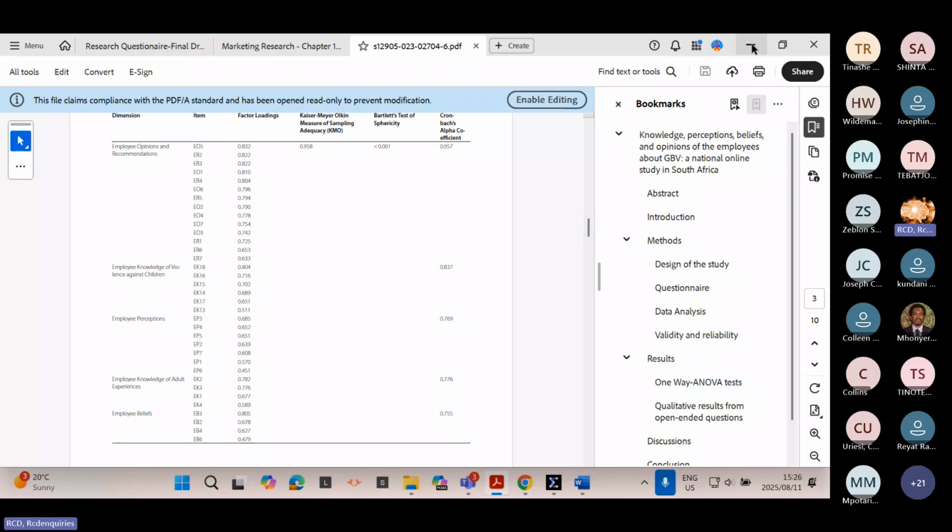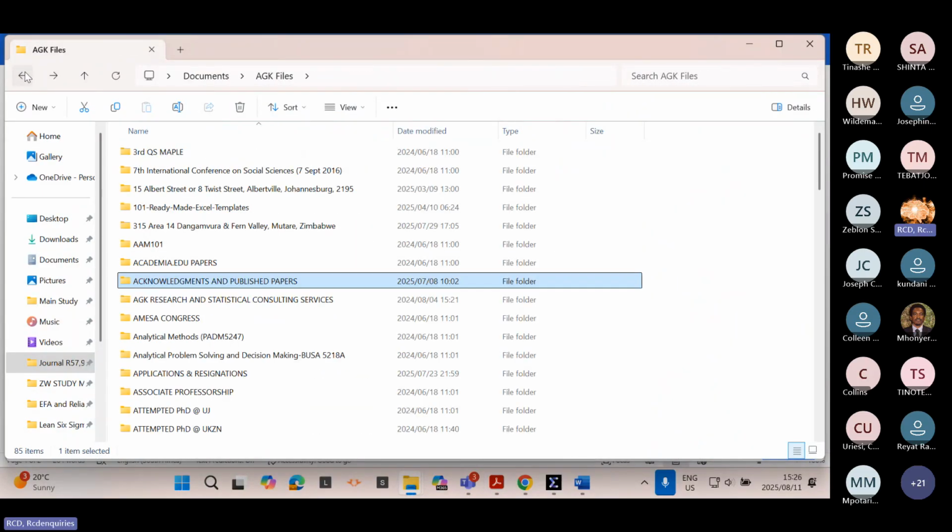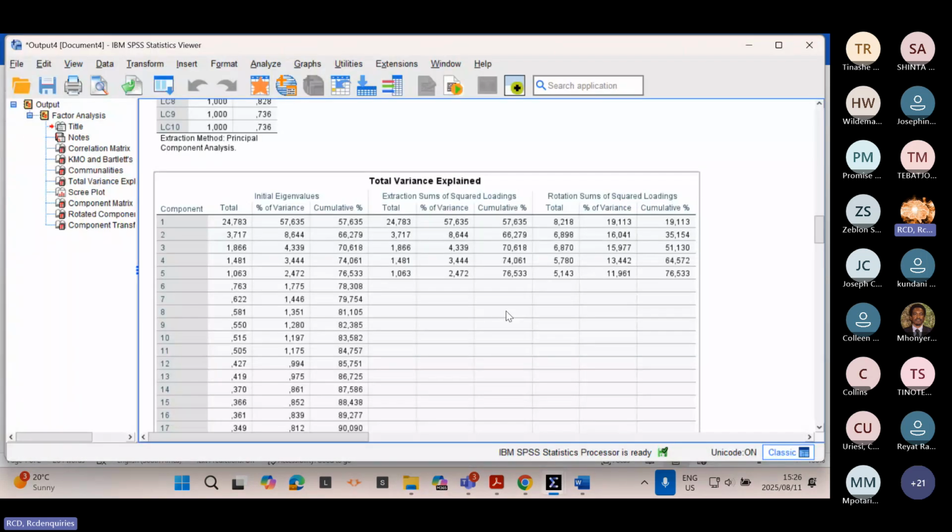Because you are measuring construct validity, I have to measure it for my result. I have to show it in terms of the results. How do I measure? So you interpret from what I've studied, the KMO, the Bartlett's test. Now we are on the total variance explained. So on the total variance explained table,